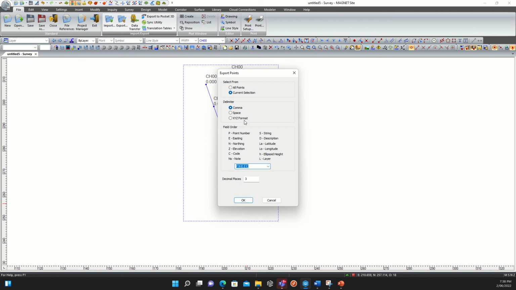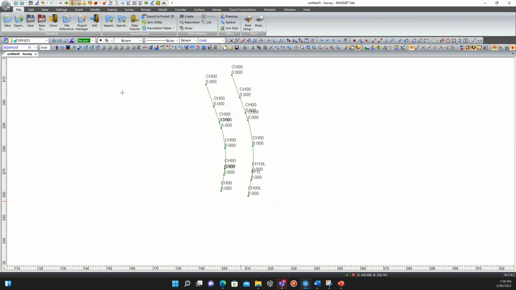This is a backup plan just in case your road alignment exported in MXL is not going to work. So I'll just go and export that into comma. So you will have your 3 files ready to go. You can verify that again by importing into a magnet file again. So that's what we are supposed to bring on field day. I will explain about what you need to export out from your